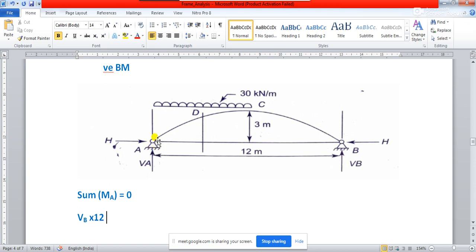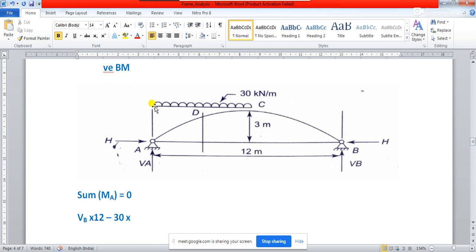Then you see this horizontal reaction force is not going to create any moment about this point, because the line of action of this horizontal force passes through it. This UDL is going to create a moment about point A, and how much will be this moment? This moment will be negative, because it creates a clockwise moment, trying to rotate in this way. So if I take clockwise as negative, the total force is 30 multiplied by